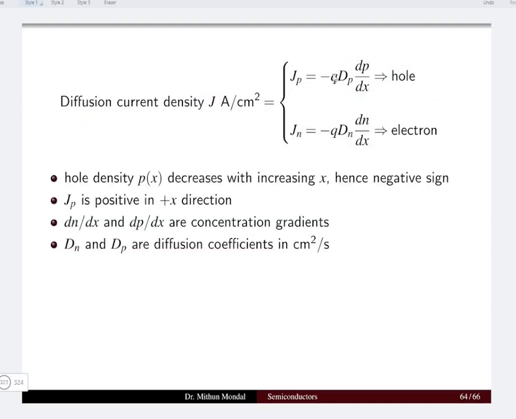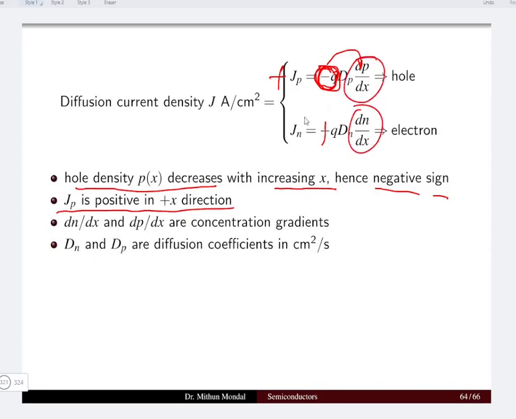We can see there is a negative sign appearing for holes, and a positive sign for electrons. The hole density decreases with increasing x, hence the negative sign. So when the direction is different, this negative sign indicates only the direction of the hole gradient, but the current will be positive. Jp will be positive in the positive direction, and dn/dx and dp/dx are the concentration gradients, whereas the other term, Dn and Dp, is the diffusion coefficient in centimeter square